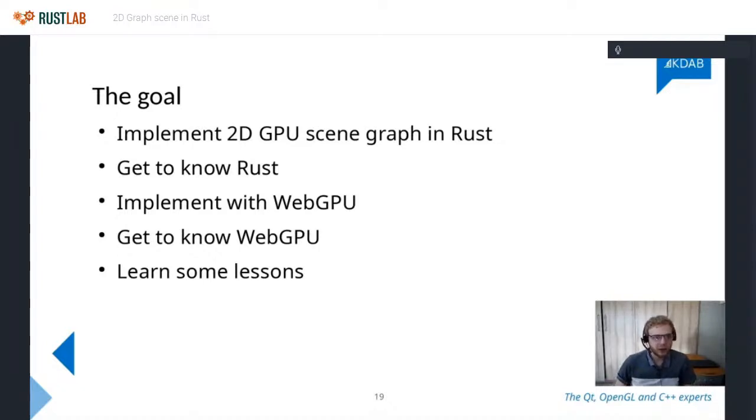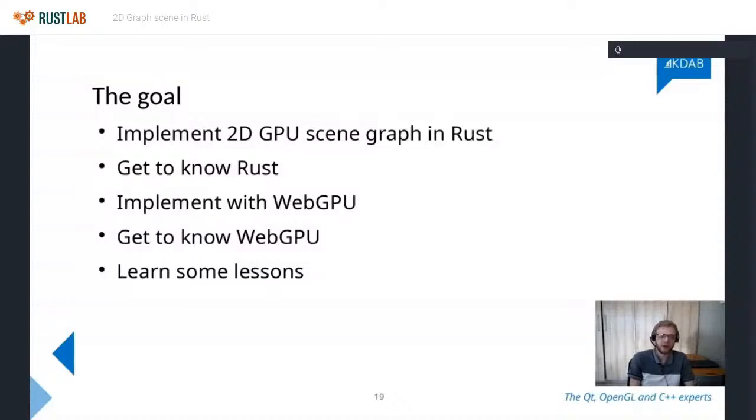Okay, so now I want to lay out the goals for what I tried to achieve with SceneGraph RS. Obviously, from the title of the talk, you'd remember that I want to implement a 2D GPU SceneGraph in Rust, but that wasn't really my only goal. I've only started learning Rust, or reading the Rust book, about 4 months ago. So the project was really also an excuse to get to know Rust, and also an excuse to get to know WebGPU.